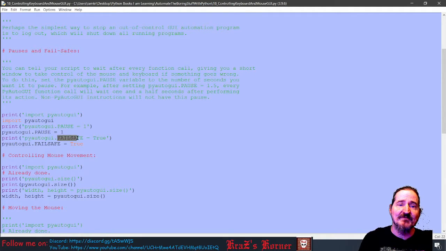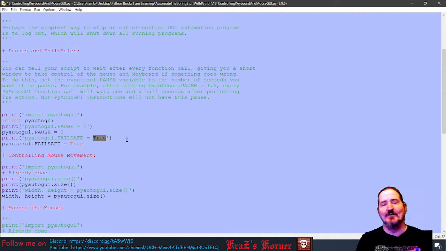Which brings me to the failsafe. If the failsafe is set to true, and you come all the way over to this very top corner and shove the mouse right up into it, it will automatically cause the program to error out. In other words, it will give you a function error. What that does is basically halt the program, so that you have control of your mouse and keyboard back. It's kind of nice to have that,